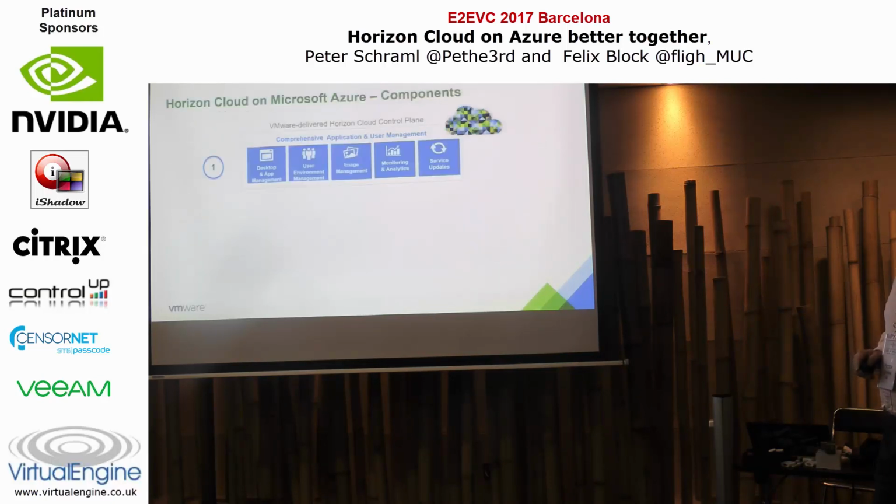We have the cloud control plane. That's basically what we manage in the cloud control plane. So you have desktop app management, user environment management, image management, monitoring, analytics, and service updates. So we regularly update the infrastructure,